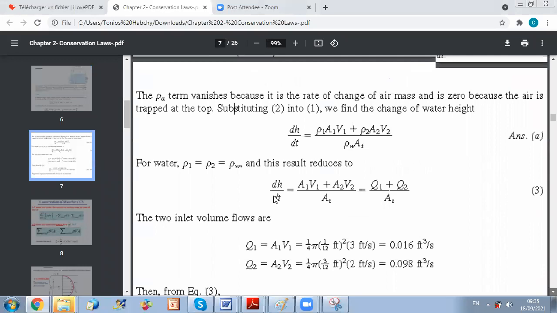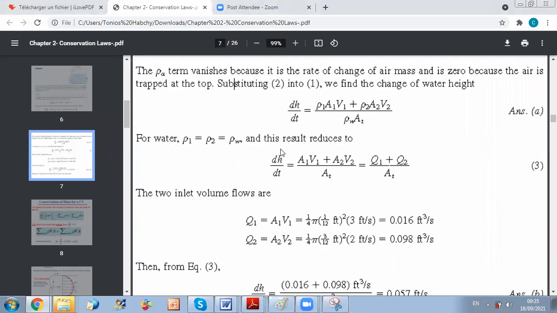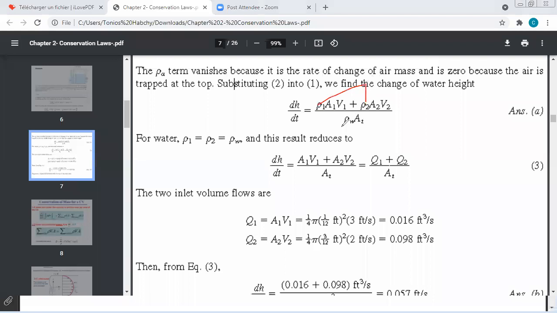So as you can see here, by simple replacement, dH by dt, if you replace your parameters and look at your expression, rho 1, rho 2, and rho water are the same value because I just have water here. So rho 1, rho 2, rho water is the same variable, which is rho of water, and it's constant. We are dealing with an incompressible fluid, so we can simplify it. And then what do we obtain? We obtain that the change in h with respect to time is A1V1 plus A2V2 over the cross-sectional area